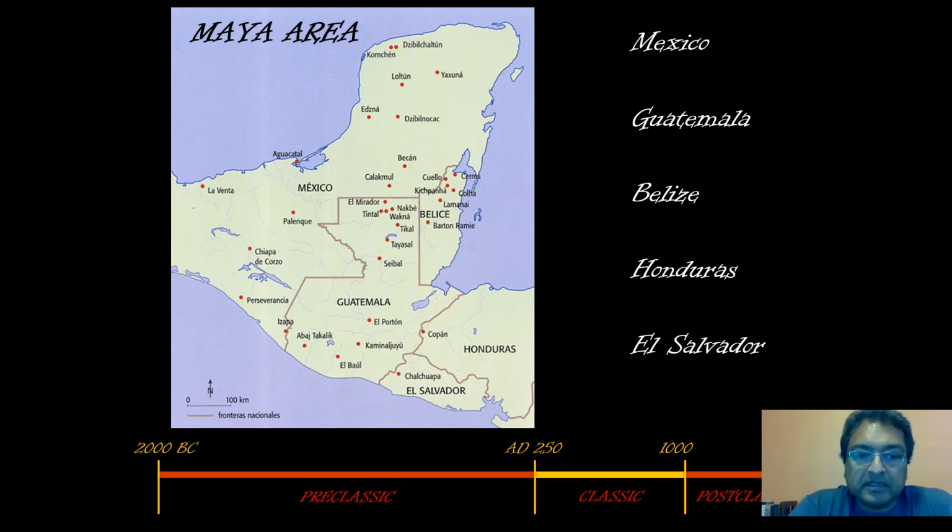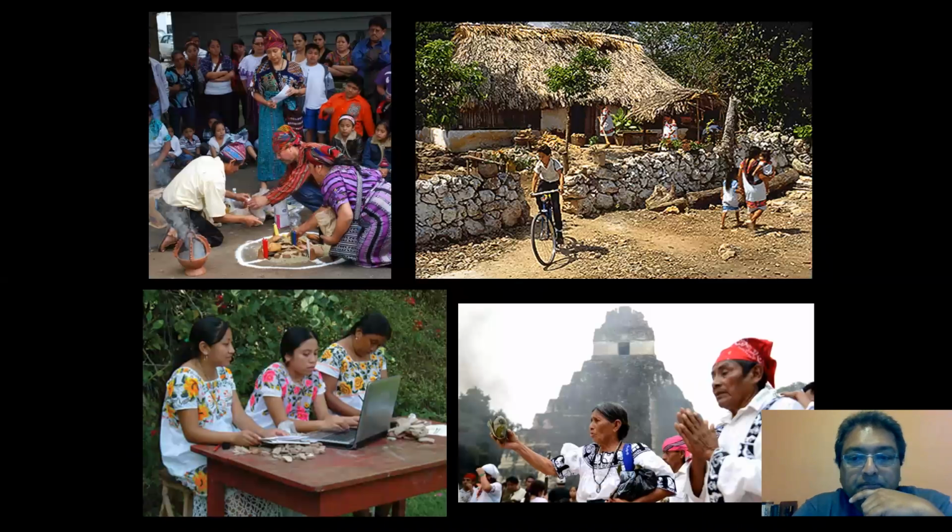Guatemala and Belize. In this slide, I've also included a timeline that gives you a rough idea of when the ancient Maya are around. As early as 2000 BC probably, and going all the way to the coming of the Spanish in the 1520s when they entered the Maya area.